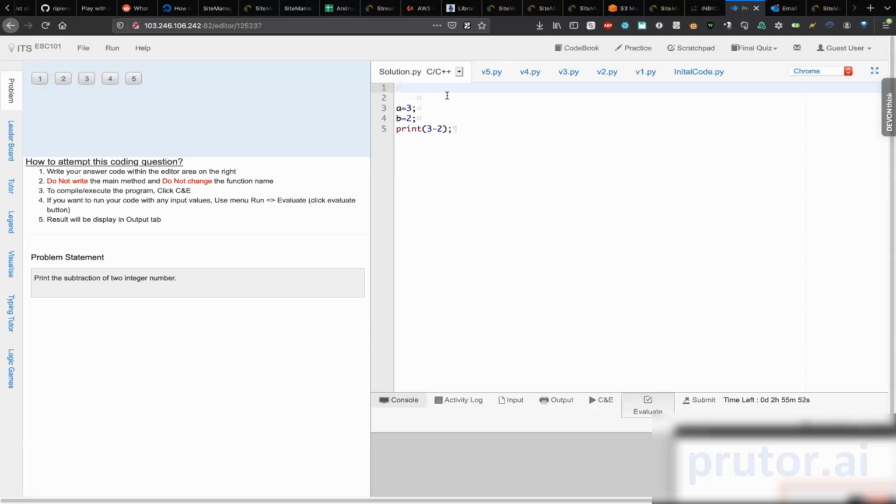What has happened is that many times students think that coding is all about mugging up. If they remember the answer, then they can solve it, otherwise they can't. The whole philosophy behind Pruter is to break away from that thinking. So, sir, in the first few problems, we give them a template, and when the student gets comfortable with the template, then we remove the template. We make it simplified. So that is the idea behind Pruter. It is algorithmic thinking, step-by-step thinking. Okay. In this case, sir, I have written the answer.